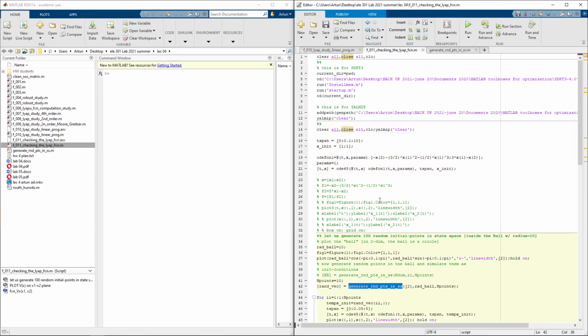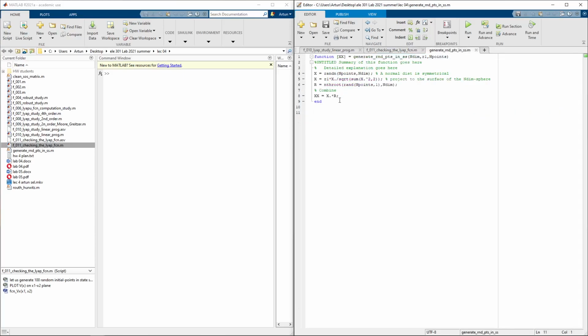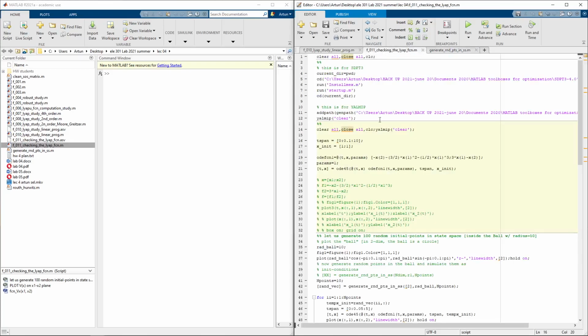We just used that function in the previous lesson. Let me just show it to you. It's like four lines of code, right? We will use that function to sample from the inside of a ball, right? And without further ado, let's